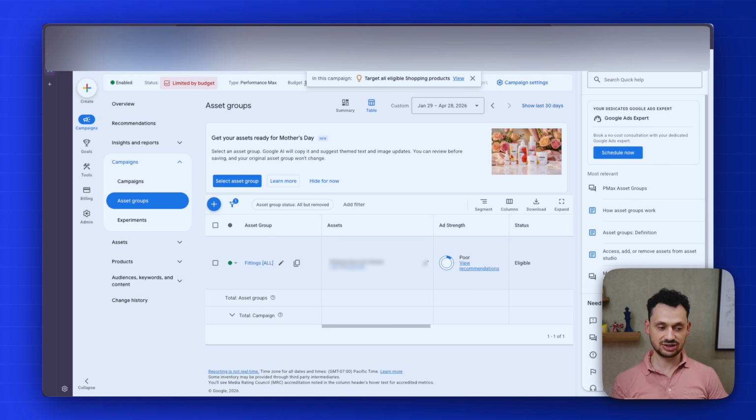So the reported ROAS of this PMAX campaign gets inflated. You think it's great, and then all of a sudden you run out of this existing website visitors pool,